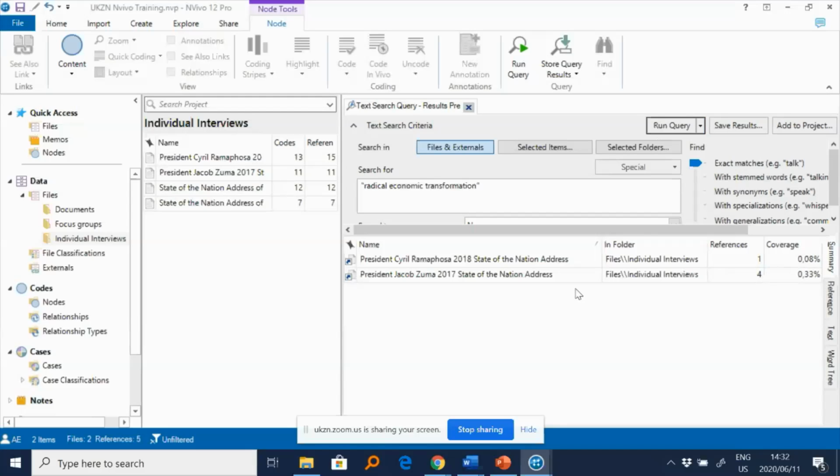But what this does is that it gives you an idea of who among your participants is saying what. It tells us that for these data points that we have, the concept of radical economic transformation appears 4 times in the State of the Nation address by former President Jacob Zuma, and 1 time in the State of the Nation address by President Cyril Ramaphosa.